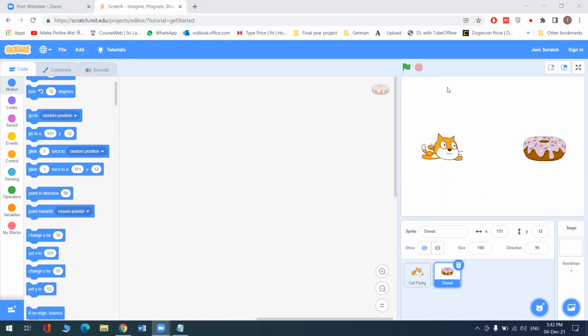Because as you can see, currently we have nothing in our stage. It is just a plain white background, right? So this is kind of boring. If I want to change this background into something else, what I can do is,